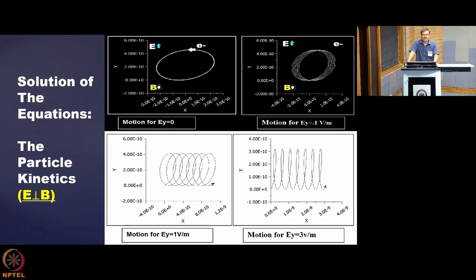You see that the electric field is in the y direction and B is in the z direction, and the particles are rotating and moving in a direction perpendicular to both E and B. When your electric field is more, the movement is faster and you are making sharper and sharper loops, as we can see here. I have just increased the electric field from 0 to 0.1 to 1 to 3, and you can see how the motions are changing.